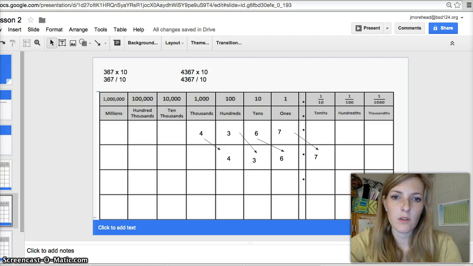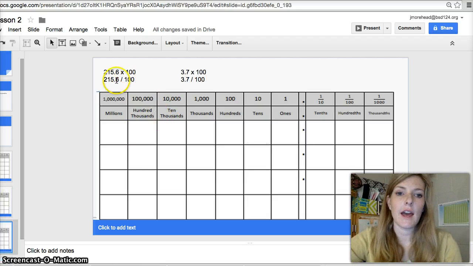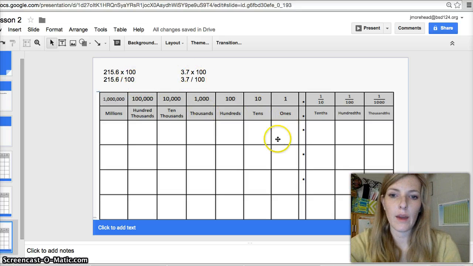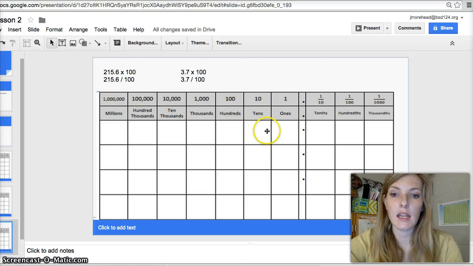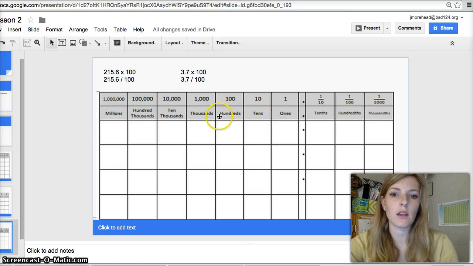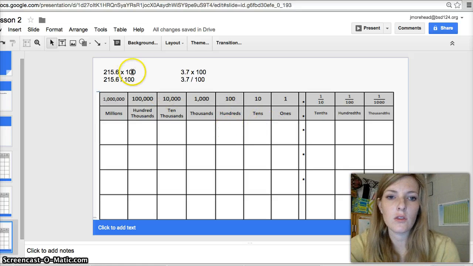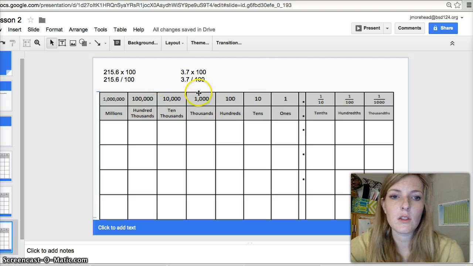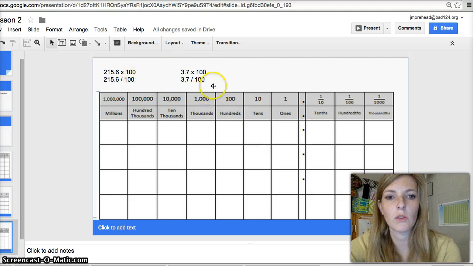So let's keep doing a few more practice problems. Now we're looking at multiplying and dividing by 100 instead of by 10. And so if you know that one hop is 10, then two hops would be 100 because 10 times 10 equals 100. You can also look at the number of zeros. There are 2 zeros in 100, so that means you're going to go 2 hops over on the place value chart. So go ahead and plug in 215 and 6/10 in your place value chart,